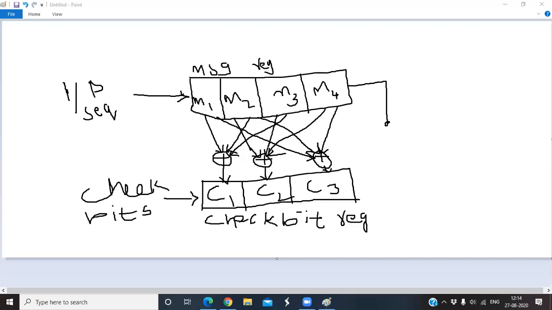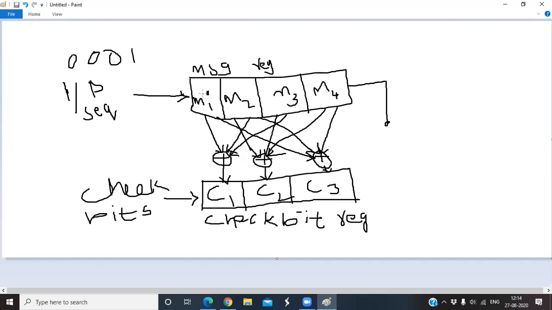For example, first I want to send the sequence 0, 0, 0, 0, or I want to go for the second one, 1, 0, 0, 0, 1. Is it okay? Now shifting here. So M1 equals 0, M2 equals 0, and the first 1 is entered here. Again that is shifting to M2, that is shifting to M3, that is shifting to M4. So finally you will get here 0, here 0, here 0, here 1.